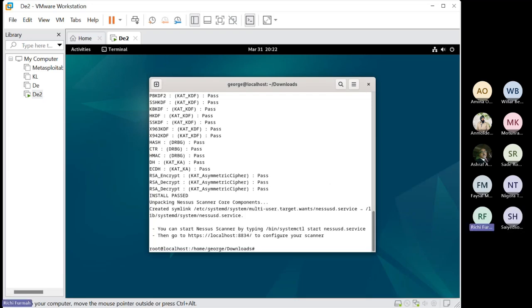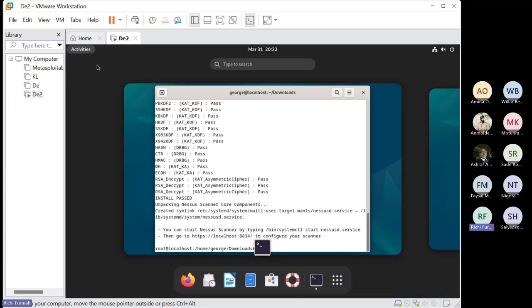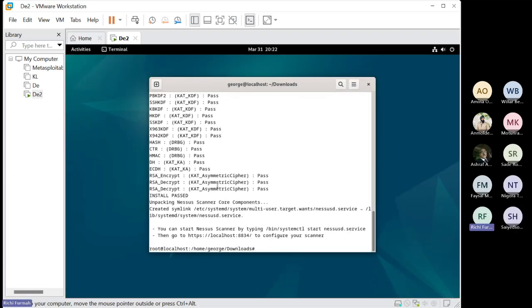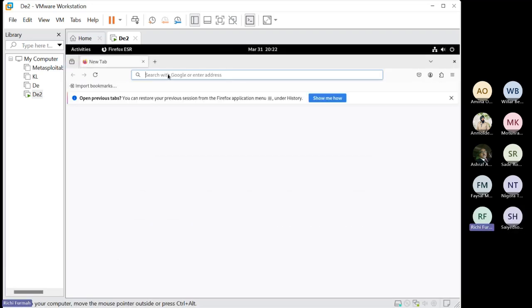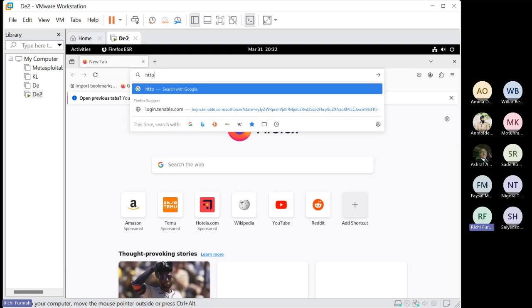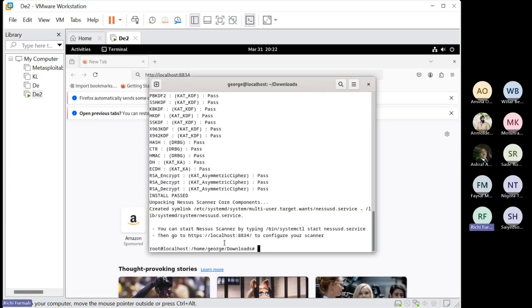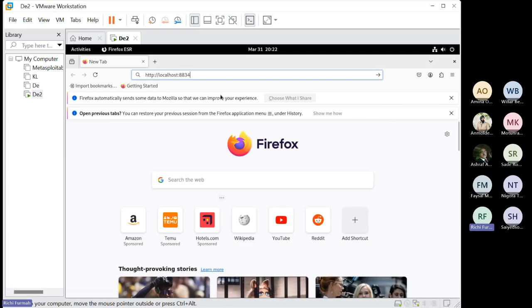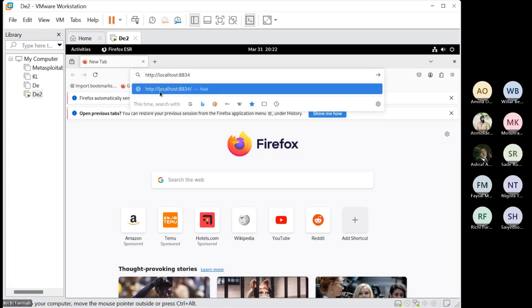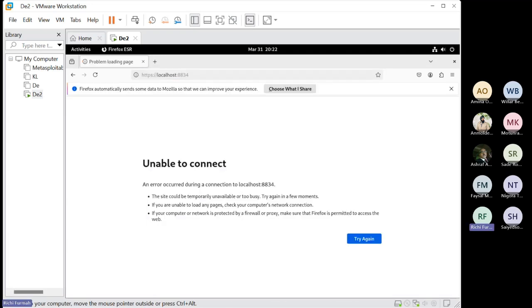Okay, I'm all set, right? So I'm going to log in now as localhost. So I'm still on the internet. So I don't need to be in my shell. I can log into my browser now. So I'm going to type in here https://localhost. So it created a web portal and then 8834. 8834. HTTPS, sorry, my bad. Okay, it should take me to